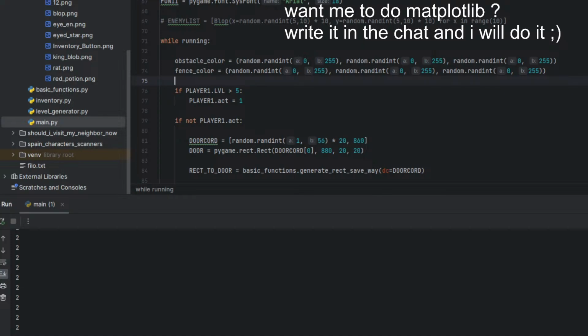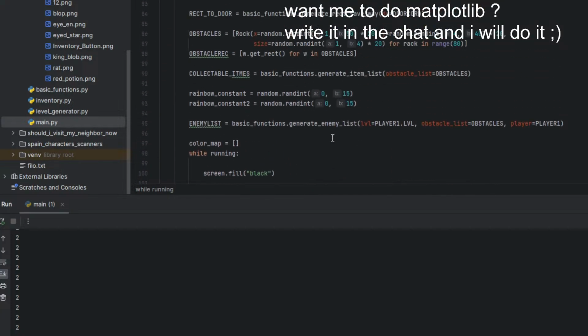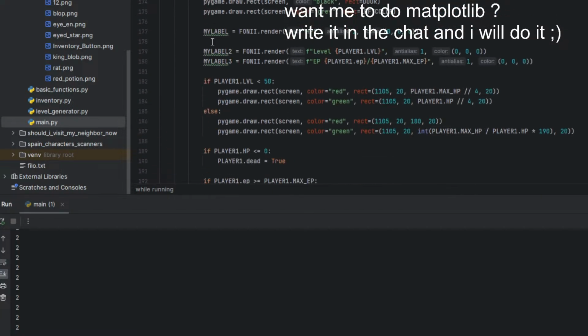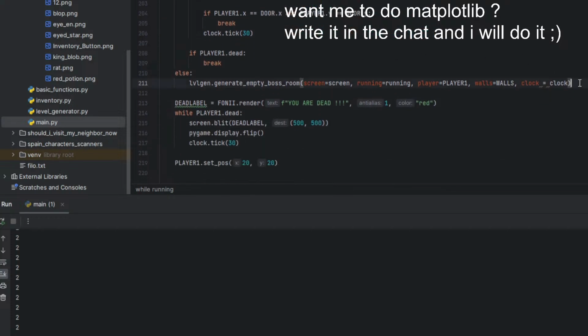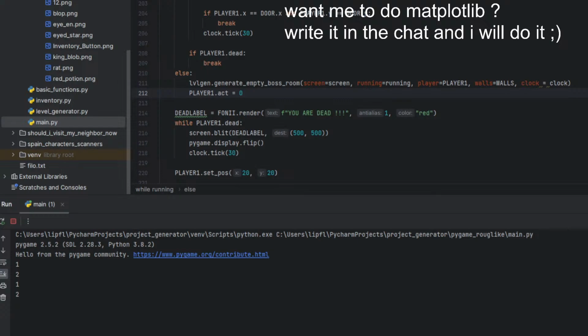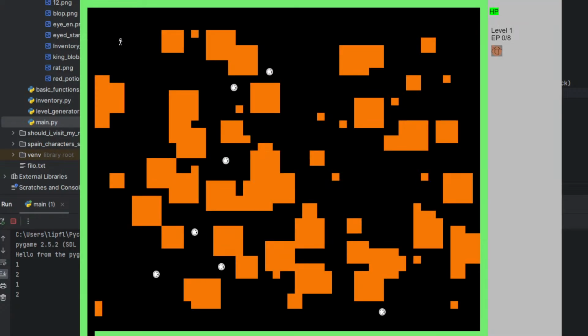And yes, if not player.act, else, player1.point_act equals 0. Let's try if this one works.